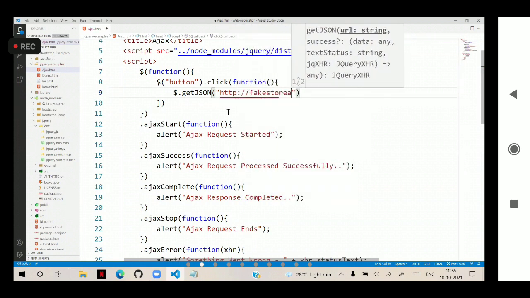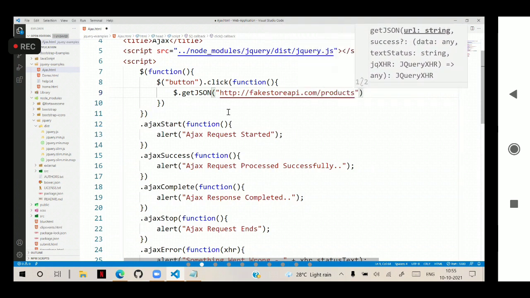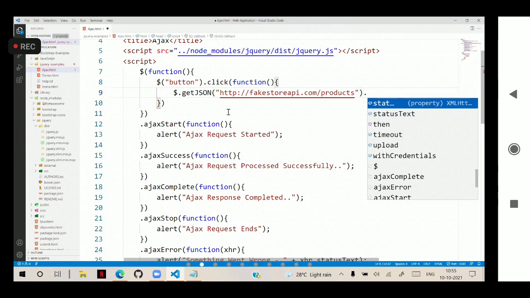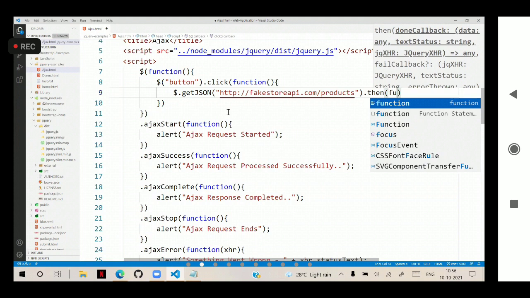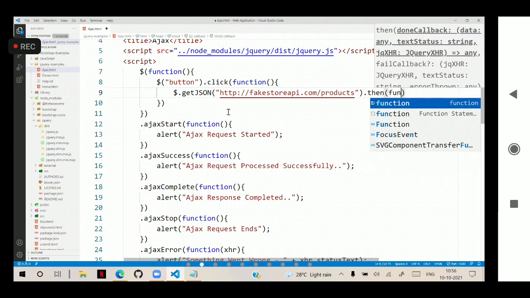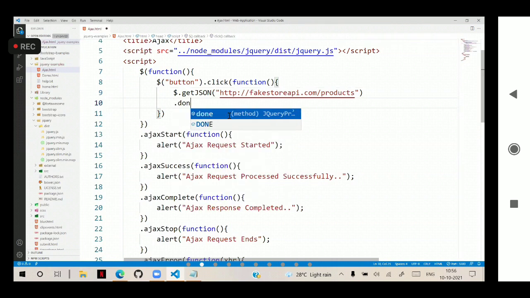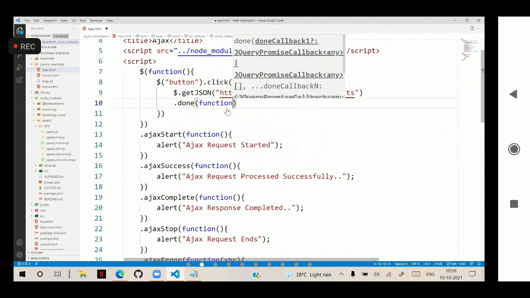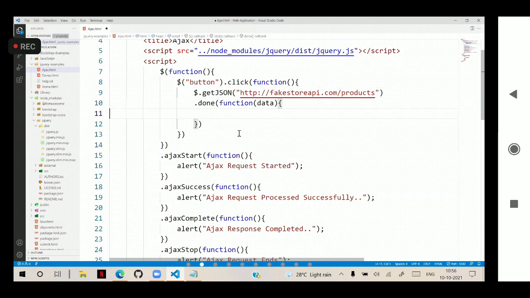The URL is fakestoreapi.com/products. This get method then indicates what the callback is. Actually, we can use various methods, like done, which uses a callback function. This callback function gets the data response and can use that response data, console.log, whatever data comes as